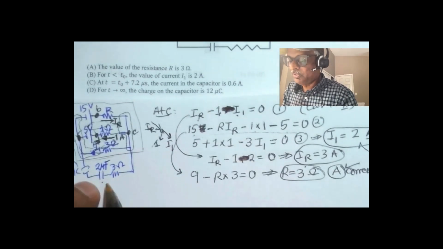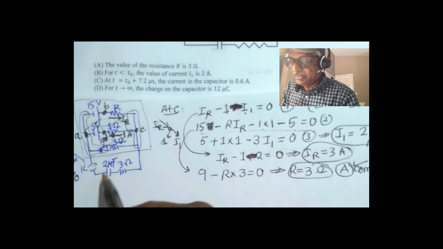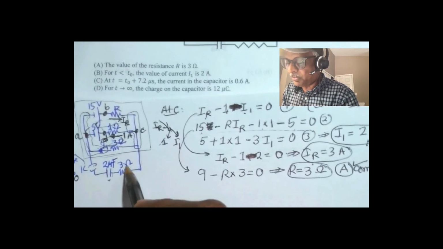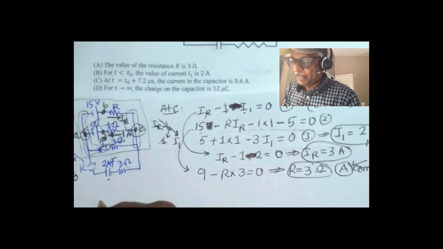So if t goes to infinity, once the key is closed, this capacitor will be fully charged. So when the capacitor is fully charged, no more current goes through, so there's no voltage drops here. So if I know VC minus VA,